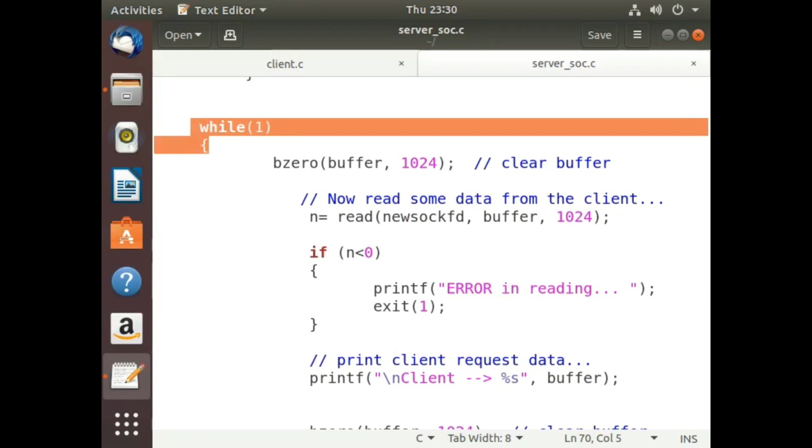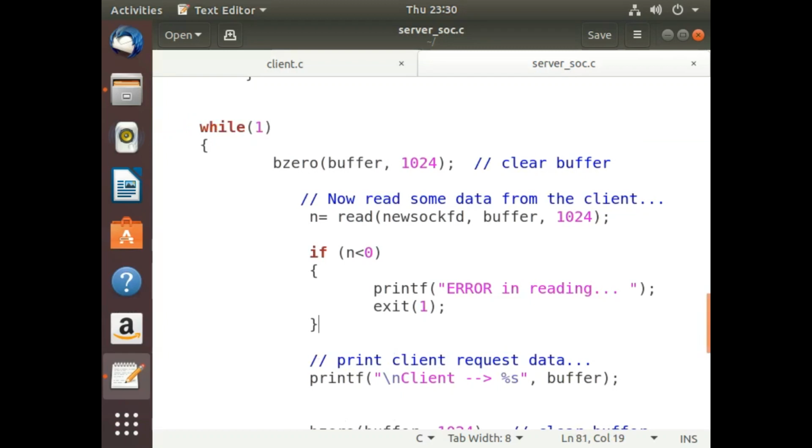Firstly, whatever we have in the buffer currently, we can clear the buffer contents by calling the bzero function, passing the name of the buffer which we want to clear and the size of the buffer. These are the two arguments to the bzero function. Now we have designed it in such a way that once the connection is established from the client to the server, the client will be initiating the communication.